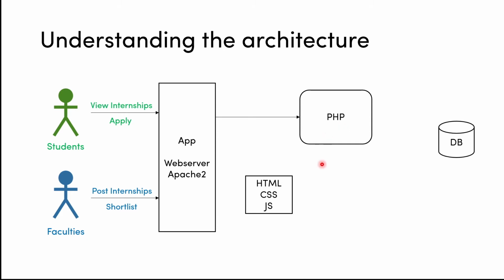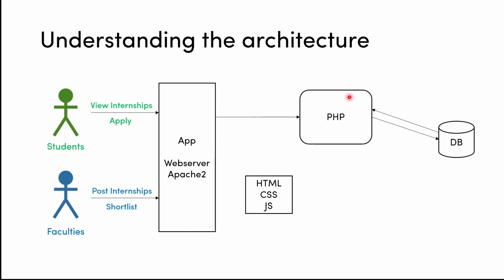So what basically happens is, let us say a student wants to view internships for the location Mumbai. Now what he will do is mention the same using the application. Our PHP application will understand that the user is trying to know the internships that are available in Mumbai. So it will query the database and search for the internships available in Mumbai, and the database will return any such internships if there are.